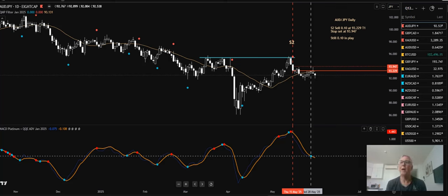So this is my watch list on the right. They're highlighted in different colours, just different trade management techniques. The top three are the multi-sequence hedging. The second four in yellow are the loss recovery based on the QMP filter dot. The next three in blue are traditional hedging, and the bottom three in the pinky salmon looking colour, that's loss recovery based on the MACD platinum. Don't seem to get many trades in them. And the other bottom, I've got trades open: pound USD, USD CAD and the USD Singapore dollar, and obviously the